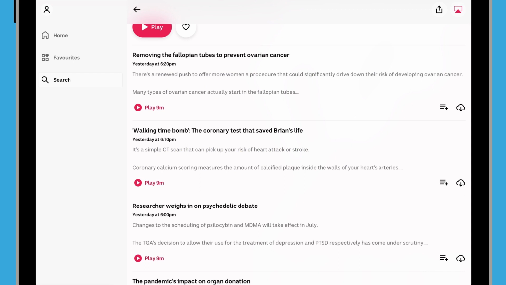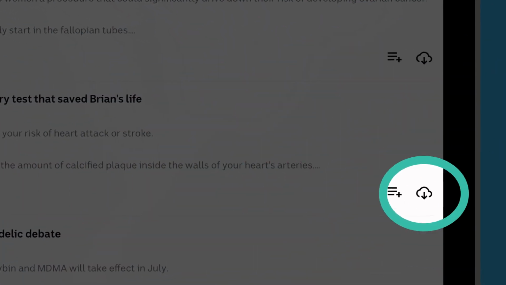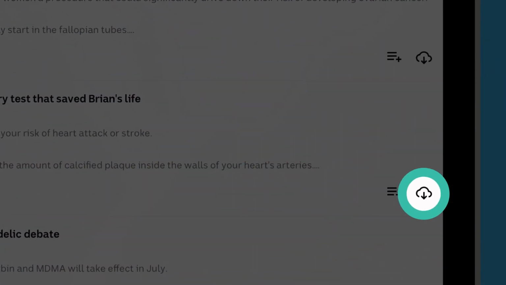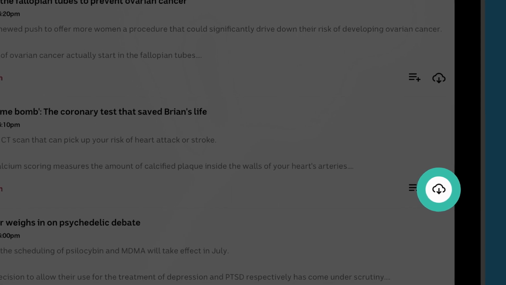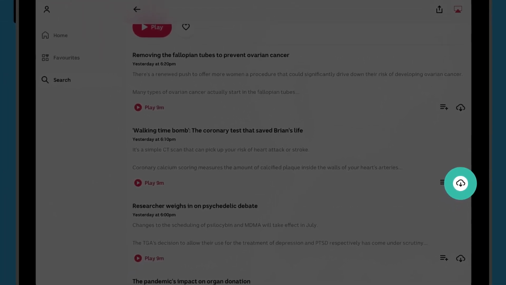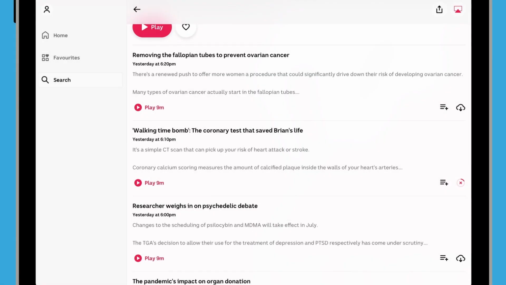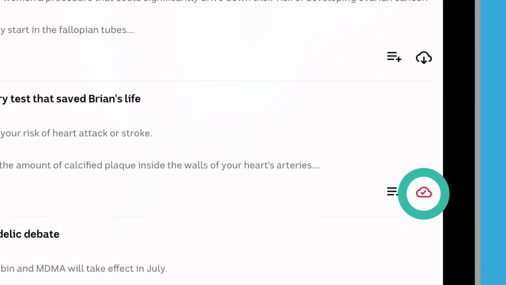For this demonstration, we're going to download the podcast using our home Wi-Fi to listen to later. Look for the cloud icon with a downward arrow to the bottom right of the episode description. Downloading a podcast will save it to your iPad so you can listen to it later, even if you're not connected to the internet. Tap the Download Podcast icon and it will start downloading to your iPad. Once it's downloaded, a small tick will appear inside the cloud.